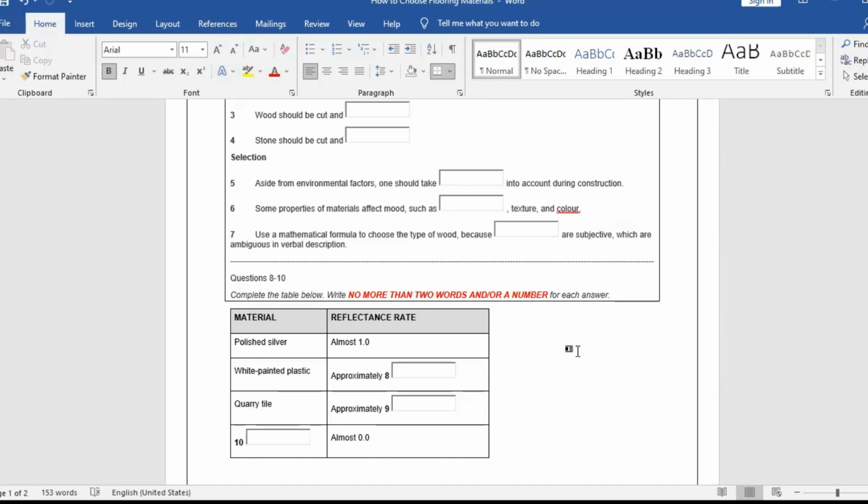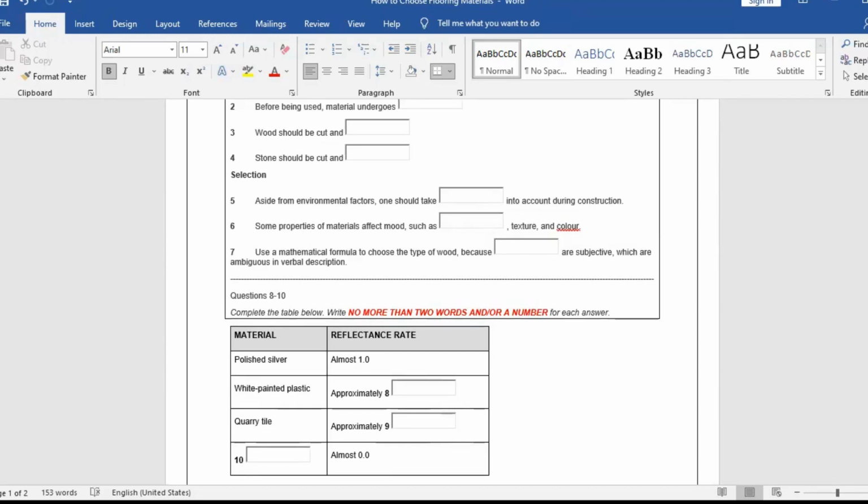Of course, there is considerable variation among types of quarry tile because of the hue or treatment of the clay during its creation. Does anyone have any guesses as to what material may have a rate of almost 0.0? We can guess most of these materials are black in colour, but plastic, wood and even stone reflect some light. One material with a rate of almost 0.0 is black velvet. The texture produces almost no shine at all. Carrara marble, despite its white hue, is actually lower in reflectivity than black onyx. In any case, the fact that tiles vary somewhat should not be forgotten. A highly reflective floor would not be...